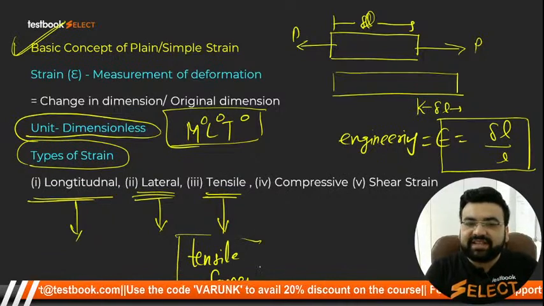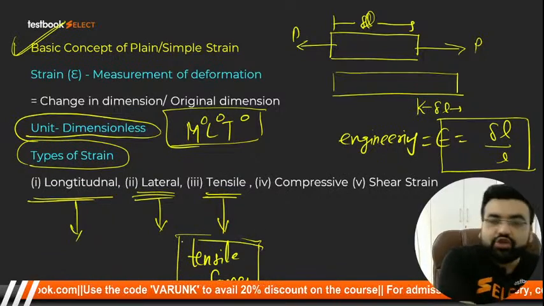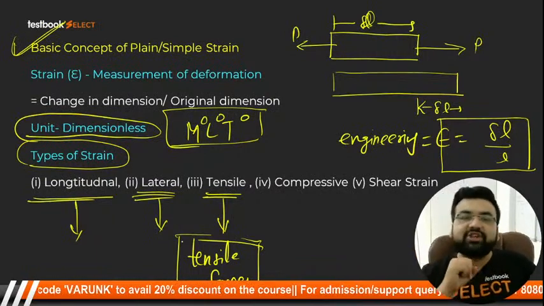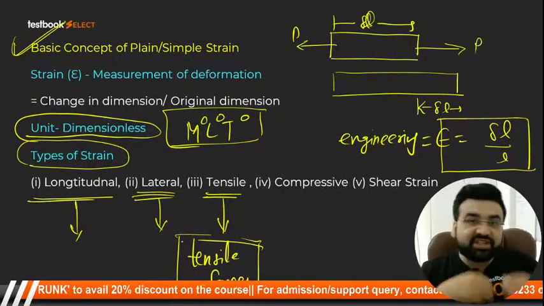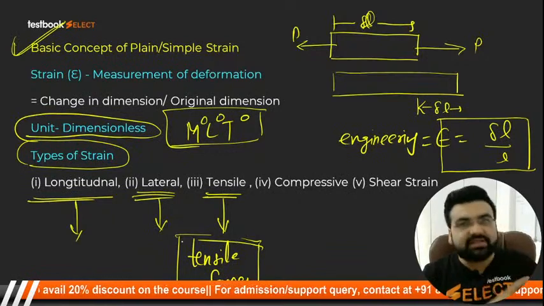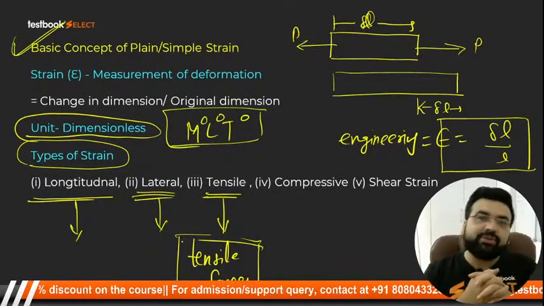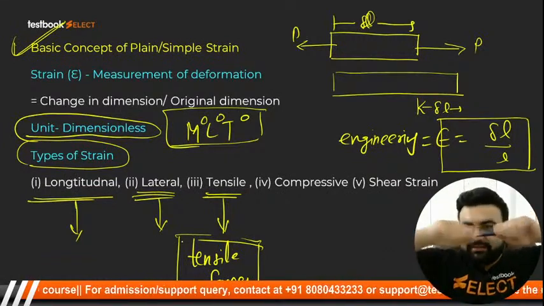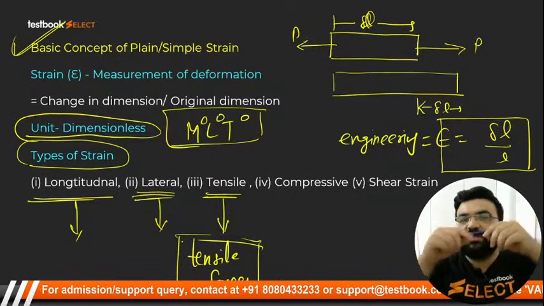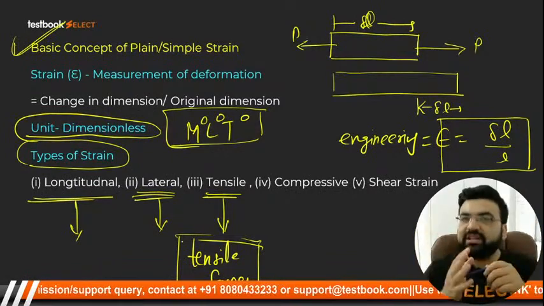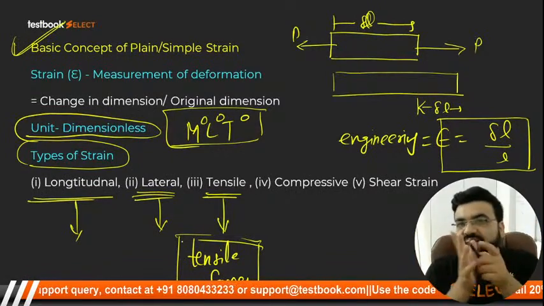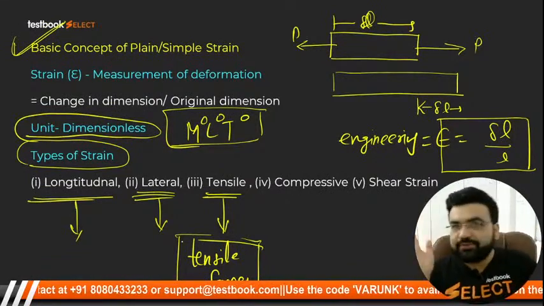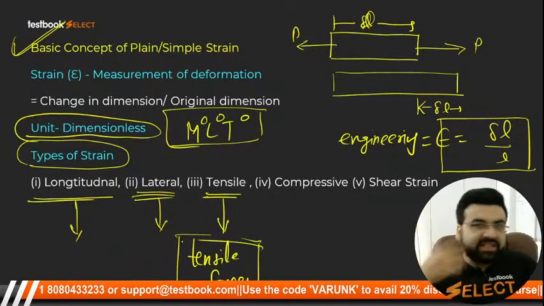अब आप बोलोगे सर ये टेंसाइल फोर्स क्या है? ऐसी फोर्स जो कि एक बॉडी की लेंथ को लंबा कर दे, that force is said to be a tensile force, और which is generating tensile stresses inside a body is said to be a tensile force. For example, this is a pen. If you apply some force in this direction, this body will elongate. So whatever force you have applied, which is acting away from this body, that is said to be a tensile force. Clear?